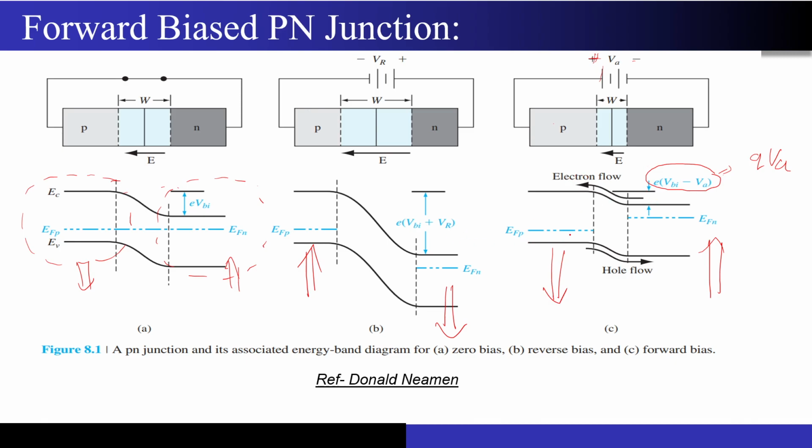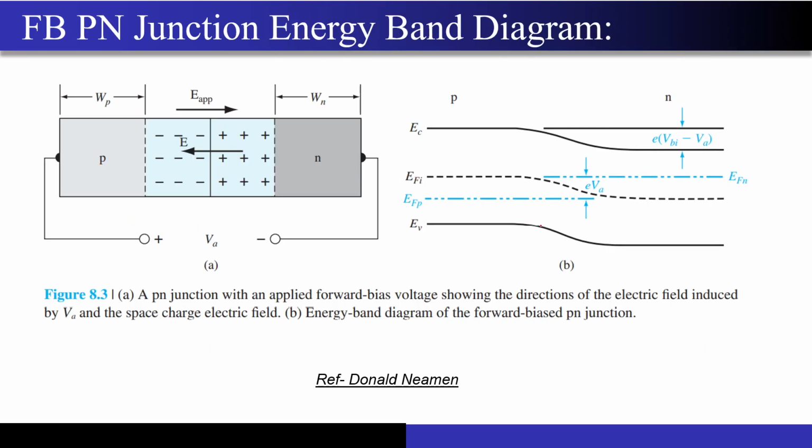Again the concept of the quasi Fermi levels will come, because your semiconductor material is not in equilibrium, and we have to use the quasi Fermi level concept. So I hope this part was clear. Now this is again the zoomed version of the energy band diagram that I am showing. This is the bending that happened, and it shrinks by that factor. Now the important part: the difference between the two quasi Fermi levels comes out to be Q times VA, which is nothing but your applied forward bias.